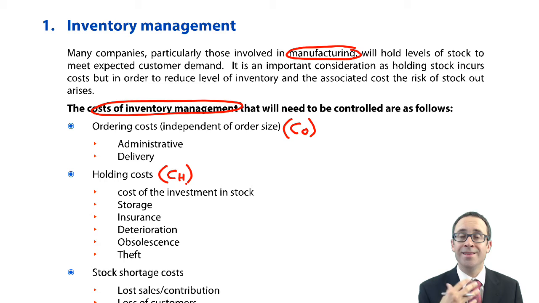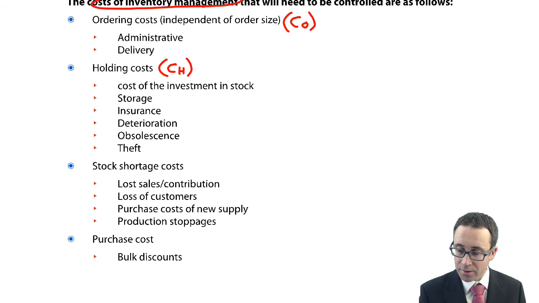If you buy too many goods in this year, what was fashionable this year may no longer be fashionable next year, might it? So the holding cost needs to consider the risk, if you like, of obsolescence. What we've also got to consider,